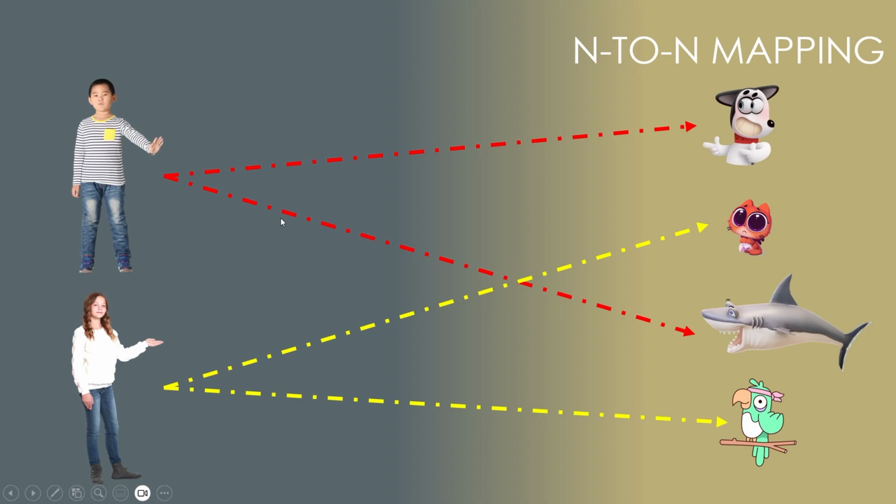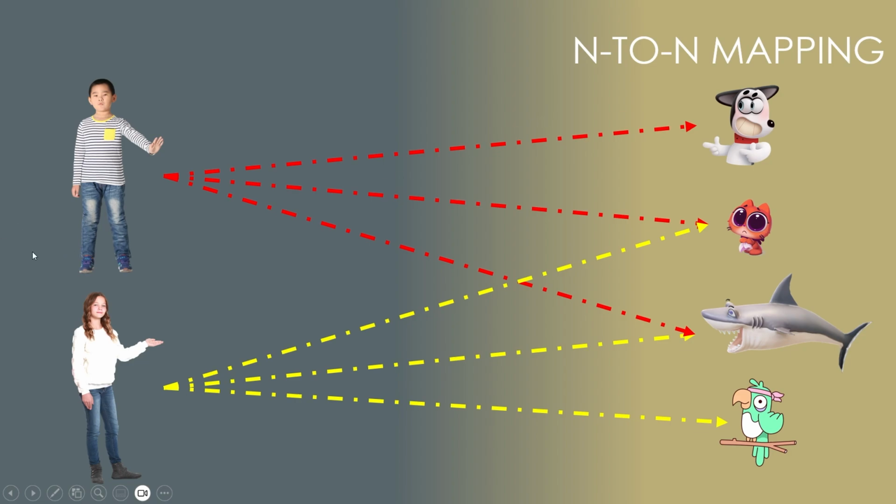So for this one the boy says that okay, I wish to become the co-owner for, let's say, the cat also. So now from the boy side again, if you see, this is one-to-many, so one owner is having many pets. Same way if the girl says that I wish to become the owner of this fish, so for her also it is again one-to-many mapping. But the point comes when you see it from the pet side. This time the cat is having two owners, that is multiple owners. Same way for the fish it is multiple owners,